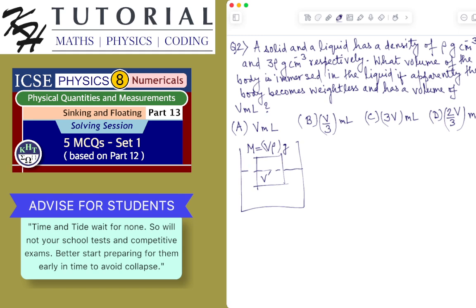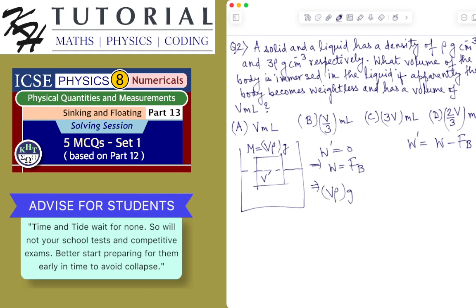Now, since it is given that the body becomes weightless apparently, it means that the apparent weight W dash is 0. This implies, from the fact that apparent weight is equal to original weight in air minus the buoyant force, that W equals the buoyant force. In this situation, the buoyant force will be equal to W, which is the weight of the body. What is the weight of the body? Its mass